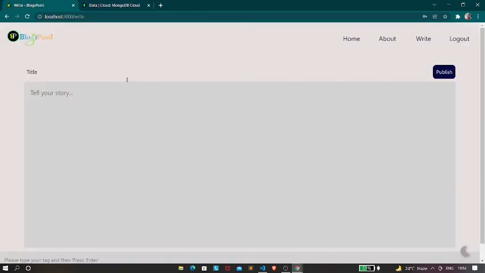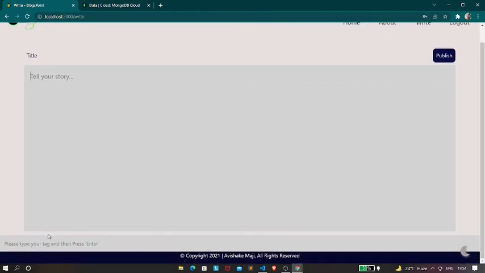So now let's say that we want to publish a post. In the post section we have this title block, the description block, and the tags block, or field you can say. So let's just write the title: "Hey viewers". And in the description, "this is Abhishek over here". Now let's just create a tag right now.